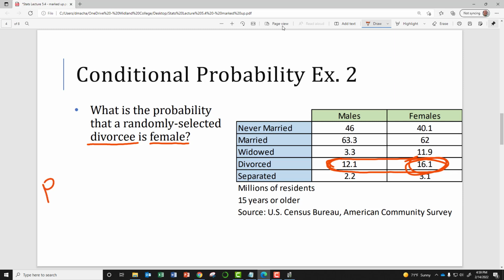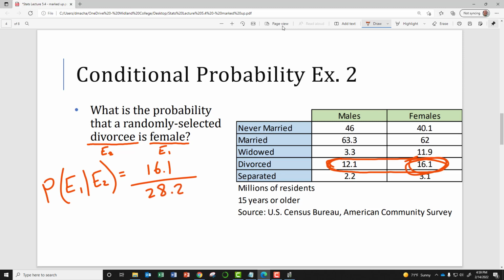So the probability of being female, given that we know they are divorced, with female being event 1 and divorced being event 2, is going to be 16.1